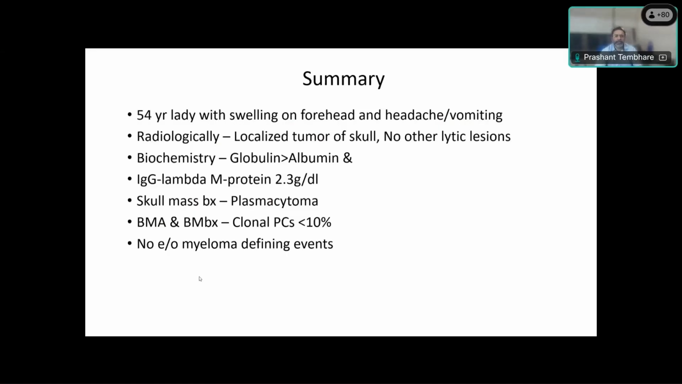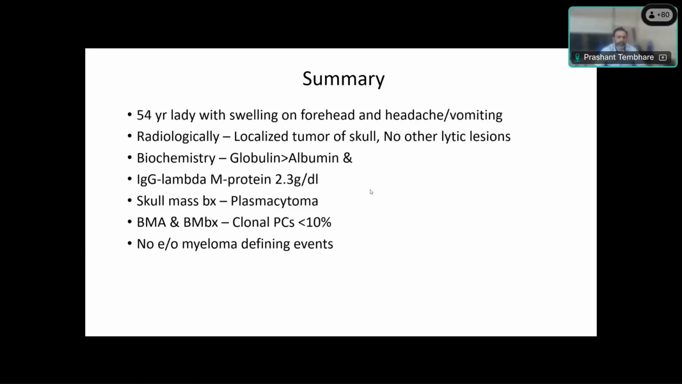So to summarize these findings, the 54-year-old lady presented with a lesion on the forehead. Radiologically, there is a tumor in the skull. I don't know, the X-ray looks like it is more in the skull instead of the forehead. But no other lytic lesion. Biochemically, globulin levels are definitely higher than albumin level. There is M protein, and the biopsy showed plasmacytoma, because in the bone marrow we have seen sheets of plasma cells